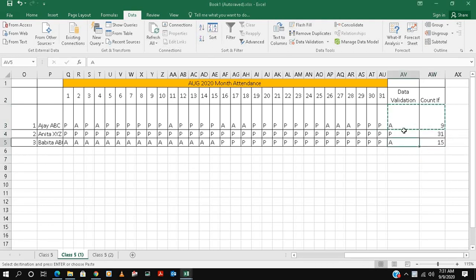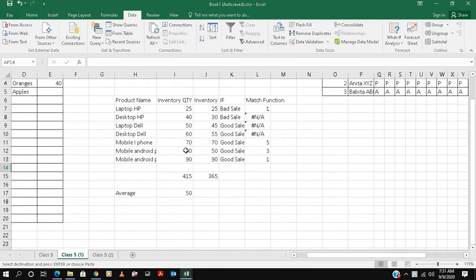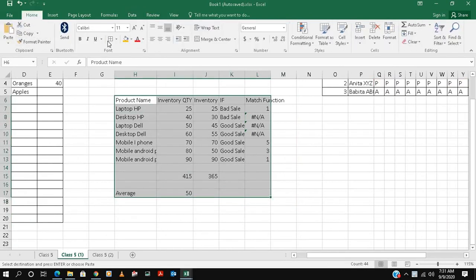Here we already made the copy paste. Now we can just see what his present days are, here 16, and what his absent days are. Based on this we can calculate these things. So data validations, now maybe you will get how important it is. The COUNTIF feature, we discussed MATCH features, and we discussed different aspects. You can make this look a little bit nicer. So what we'll do, we'll go again to this thing.